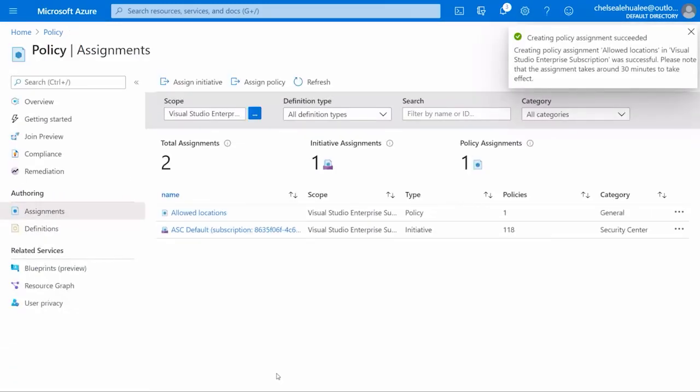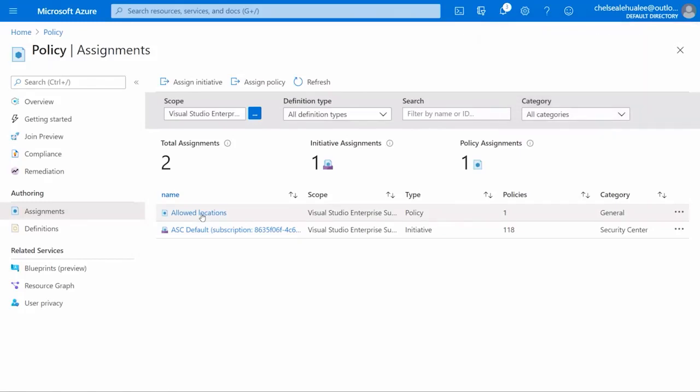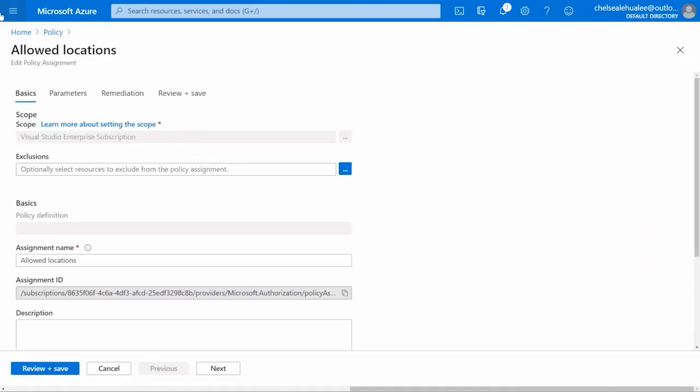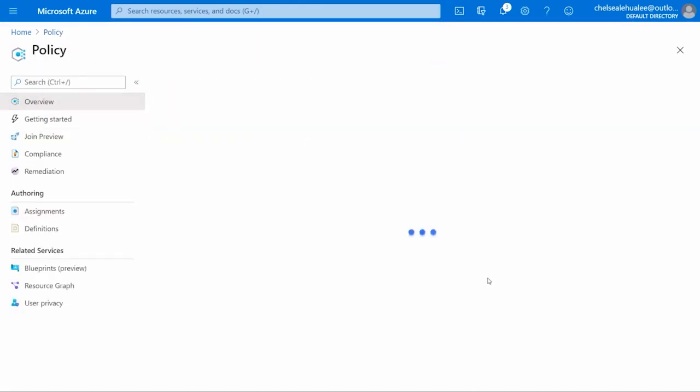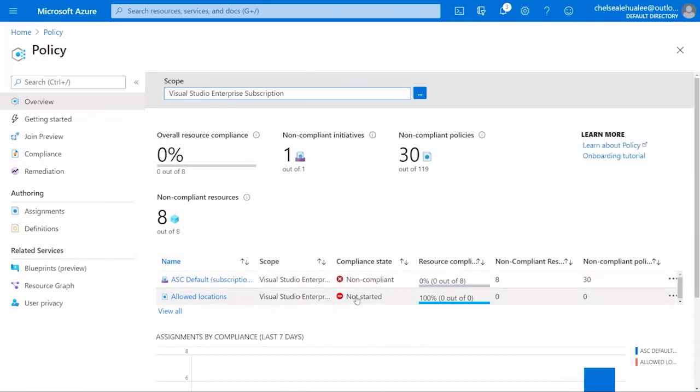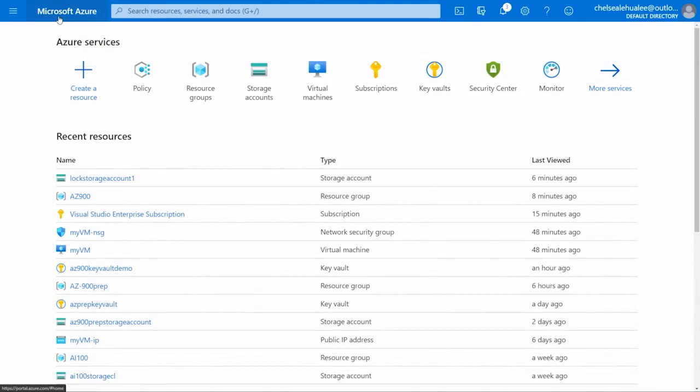Now, that policy has been deployed. Because it was just started, let me go back to the policy. Oops. And I go to overview. You'll see that it says not started. So right now it says I'm 100% compliant. That's not the case. Probably if we go back and check in about 30 to 45 minutes, it would show I probably have a number of my resources that are out of compliance. But you see that it's not started. So all of my old resources will be shown as out of compliance,